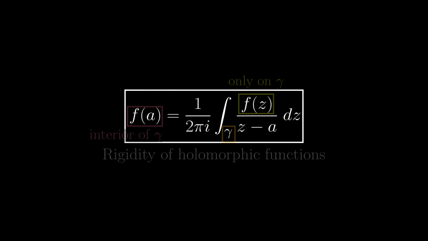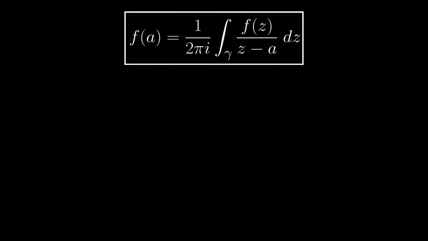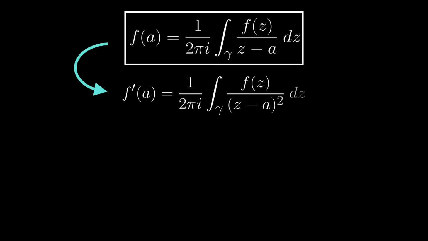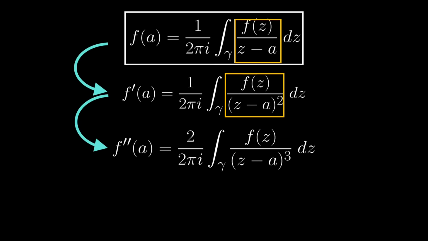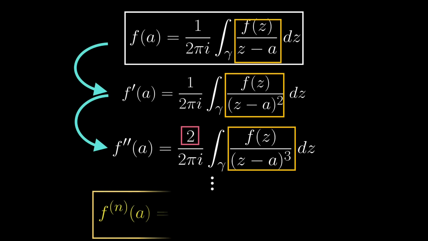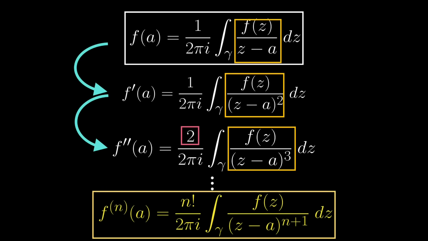The other consequence of this formula, relevant to what is coming next, would be to differentiate it. Here is what happens when you try to differentiate with respect to A. Here, I'm just differentiating the 1 over z minus a part. Now repeat this trick and differentiate. Again, I'm just differentiating the 1 over z minus a squared part, but just note that there is now a factor of 2 here. And we can keep going, and in general, this is the formula for the nth derivative